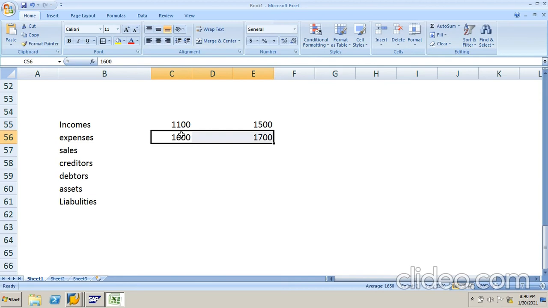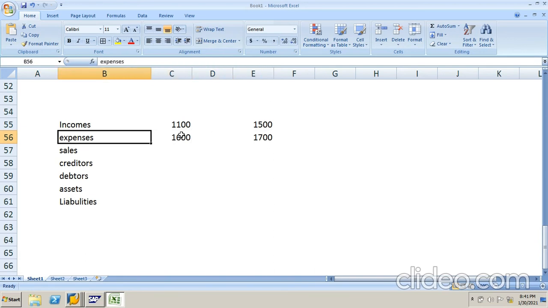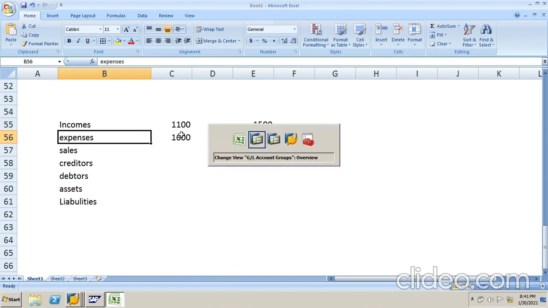So always we have to take more. Here I am taking just a 100 difference, only 100. It means we can record 100 transactions only. Suppose rent expenses is there, so we can record only 1600 to 1700, only 100 gap is there, right? So we can record only 100 transactions. So always we have to take more, like 16,000, like 1,06,000, like that we have to take. Okay, so this is called accounts group.